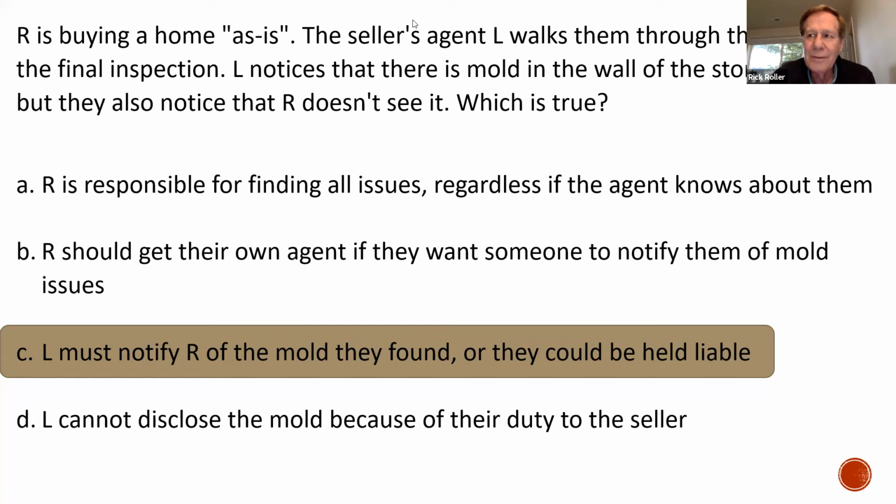Mold has to be cut out, or it has to be scraped out, or it has to be removed, and then it has to be sanitized and killed, and then it can be covered. But the only thing you can encapsulate is some asbestos issues and lead-based paint. Okay, that's good to know.